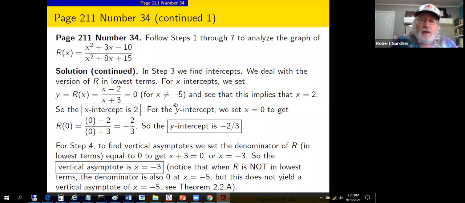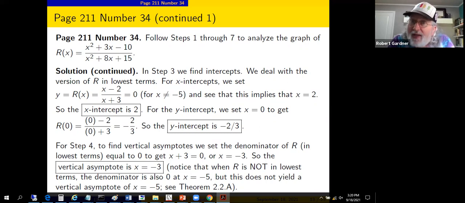Here is R with that disclaimer in lowest terms. The denominator is x plus 3. So we'll set the denominator x plus 3 equal to 0, and that implies x equals -3. We've got a vertical asymptote at -3. We don't have a vertical asymptote at -5. -5, granted, is not in the domain of the function,